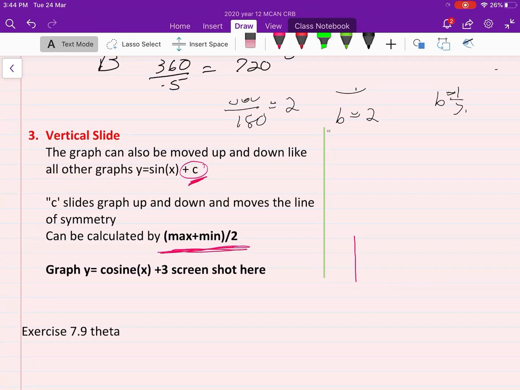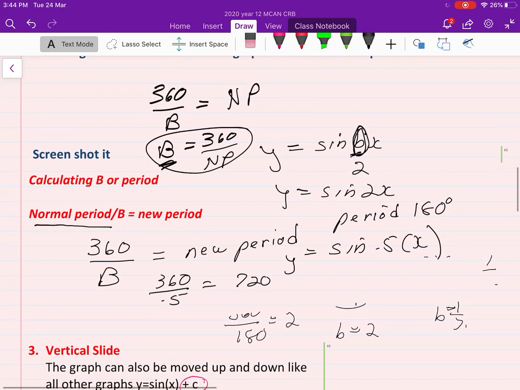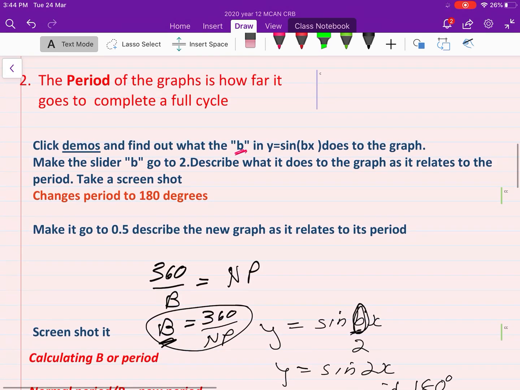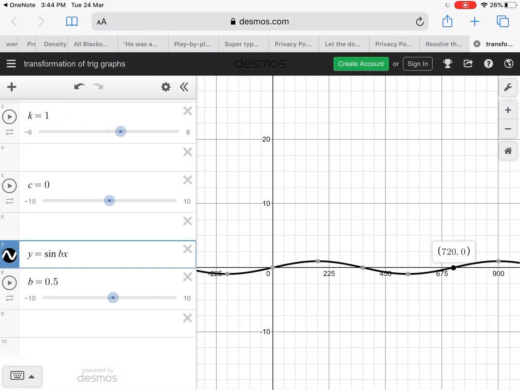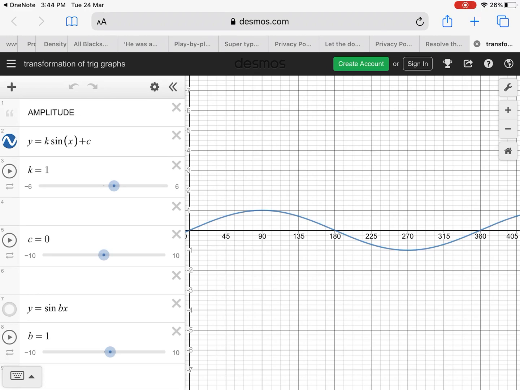So the graph of y equals cosine x plus 3. Let's go back to our link. Let's turn that off, and that off. Oh no, we'll put that on. So let's move c around. See, c doesn't do anything to the graph period-wise. This graph's period is still 360 degrees. It simply slides it up. But by sliding it up, it's also shifting the line of symmetry. Normally, the line of symmetry is at the x-axis. But if we slide it up 1,